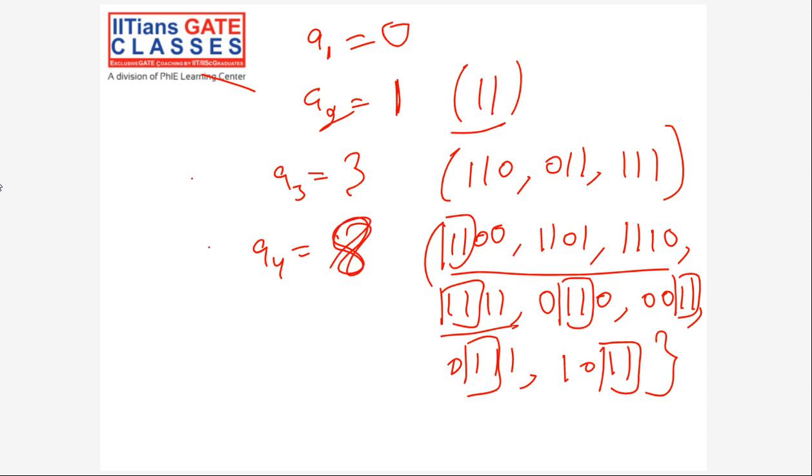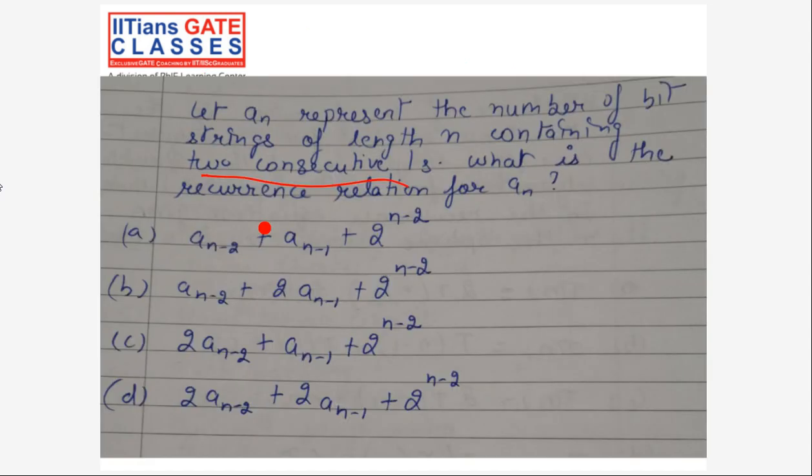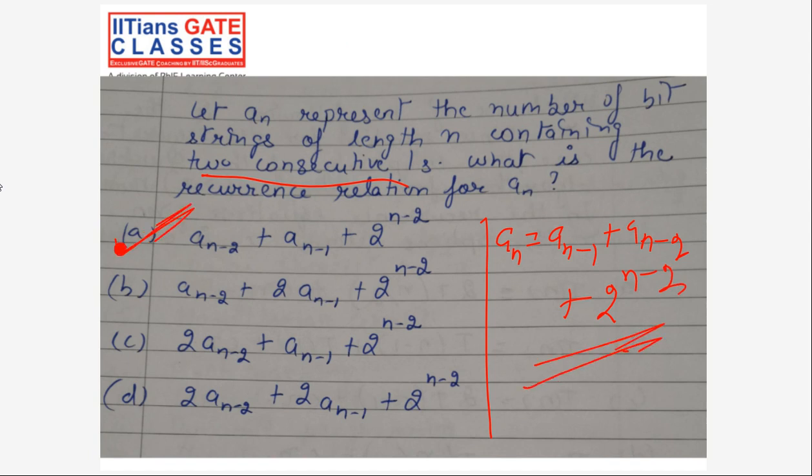So this I can do quickly. I can do this manually. Now what you do is you try to check options from here. This is the method that you will use to solve this question if it comes in the exam. That's a much faster way. So now A_n is equal to what? A_{n-1} plus A_{n-2} plus 2^{n-2}. If you try and compare this, you get option A as the right answer. Is this clear to everyone? Yes or no? First, I'll tell you the shortcut of how to solve this.